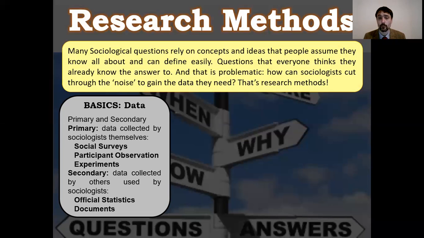Furthermore, there are documents, things like letters and newspapers. Newspapers are particularly interesting, but documents, weirdly, also includes new media. To you and me, that's our lifeblood, it's the internet, and I live on the internet, all my friends are there. So those are the two types of data, primary and secondary. What kind of questions can you use this data to answer?